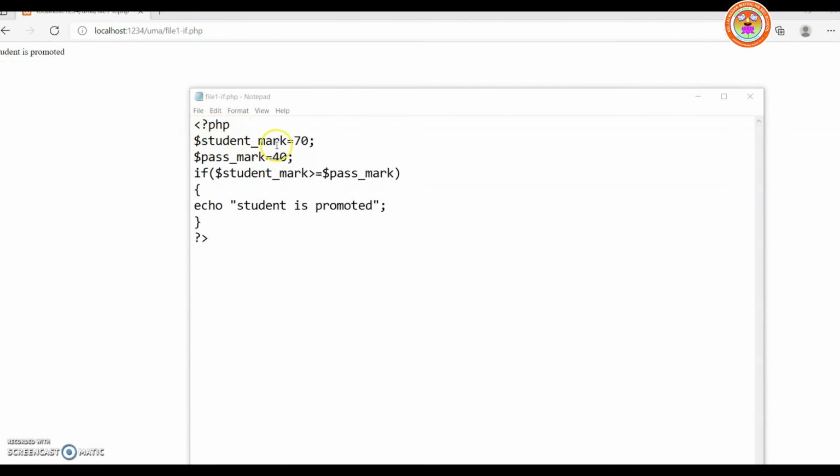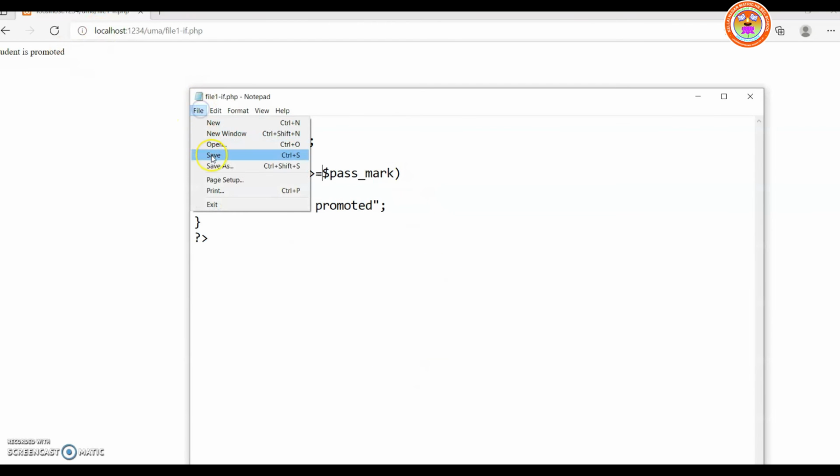Dollar student underscore mark is equal to 70, dollar pass underscore mark is equal to 40. I'm going to check the condition: if dollar student underscore mark is greater than or equal to pass mark. So definitely 70 is greater than pass mark. Okay, so student is promoted. We'll check whether the output is correct or not.